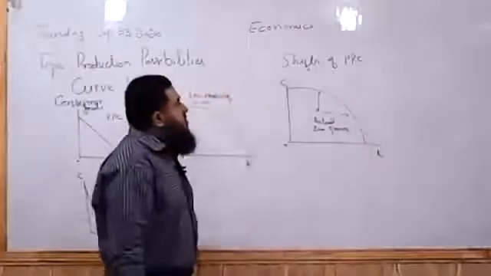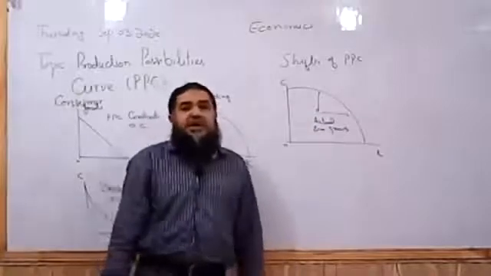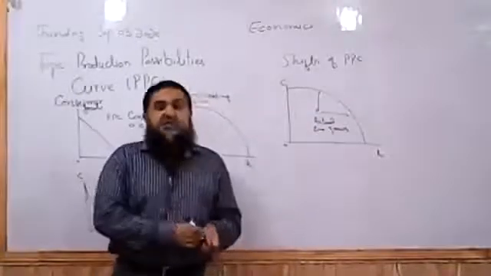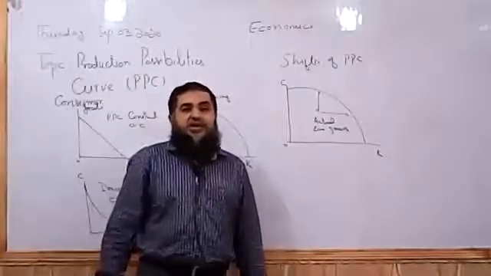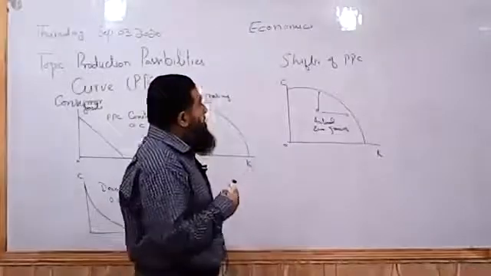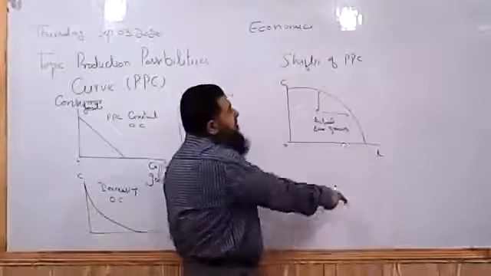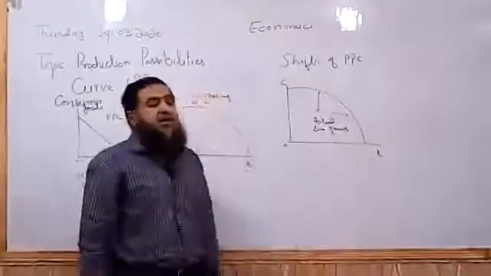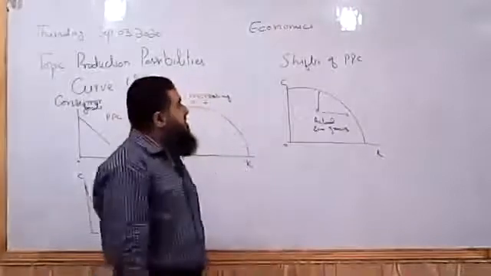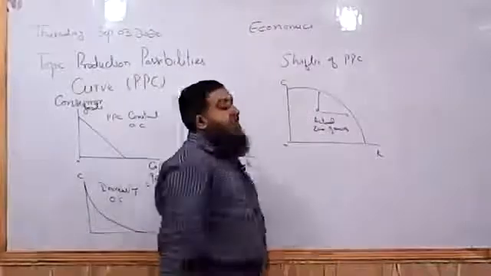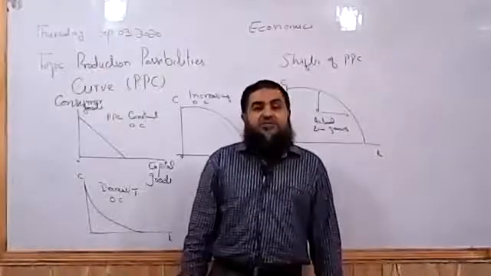All right. So this point X is also showing us economic inefficiency. Inefficiency means wastage of resources. When resources are not fully employed, they are being wasted. So point X is showing us economic inefficiency. And when resources are fully employed, the economy will operate along PPC. So all the points lying along PPC are also showing us economic efficiency and full employment of the resources.